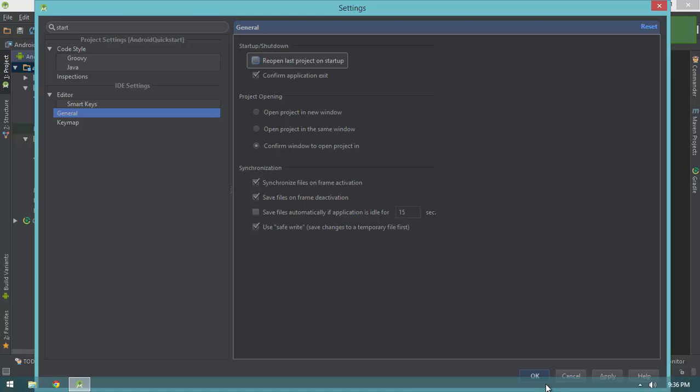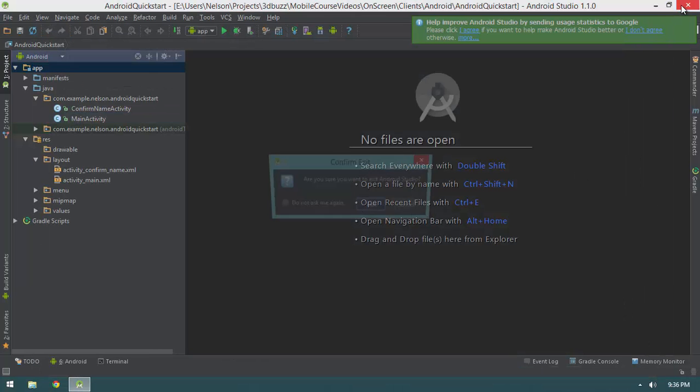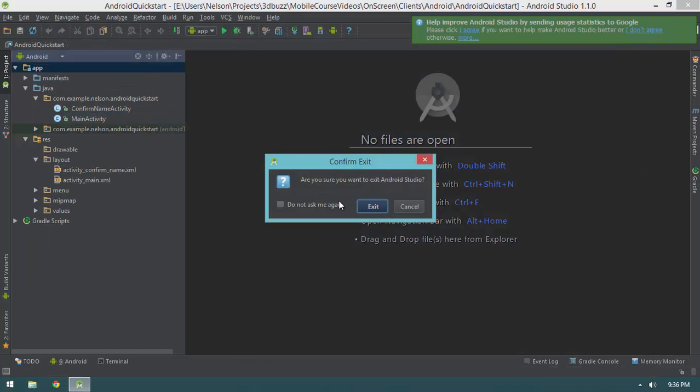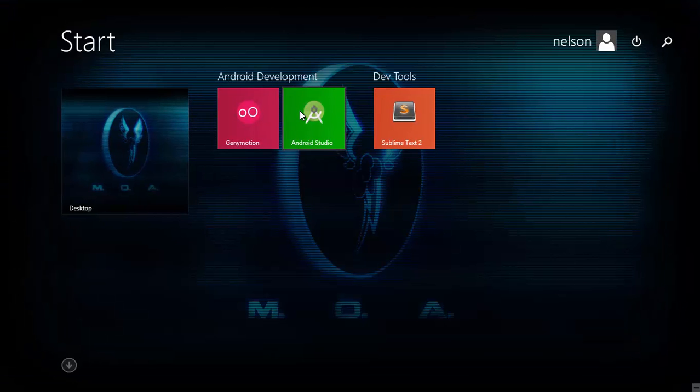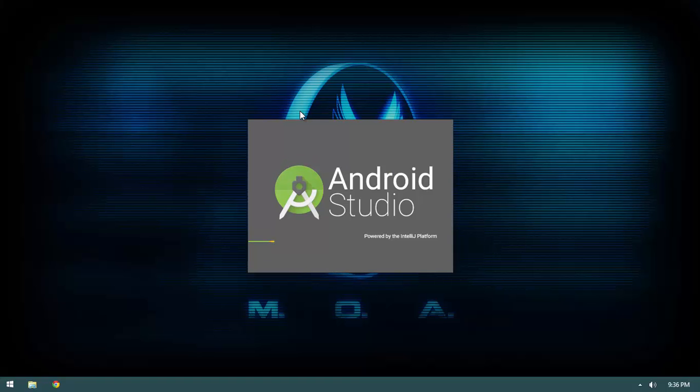So I'm going to uncheck that, hit OK, and close IntelliJ. When I close it, it's always going to ask me if I'm really sure I want to exit. It's the same behavior with Eclipse. I just really don't get why, I click the close button, I want to close it. So I'm going to check don't ask me again on that. So let's hit exit, and then I'm going to launch Android Studio again,